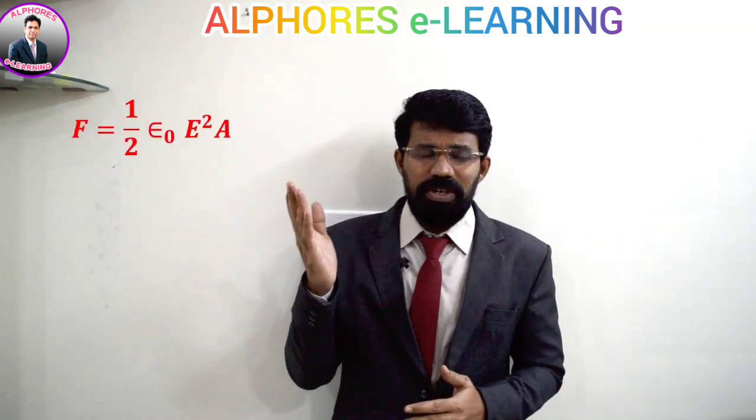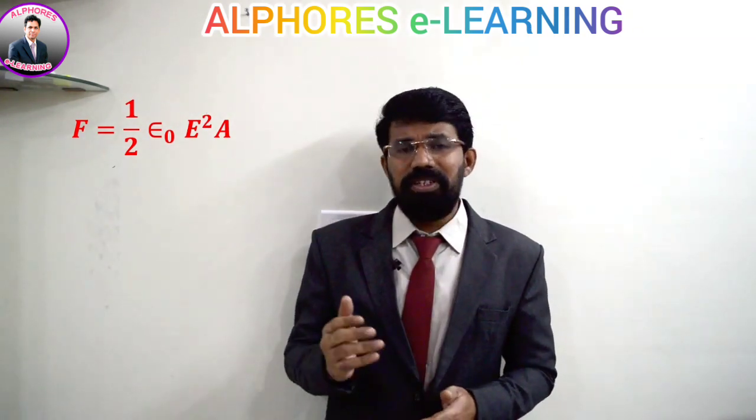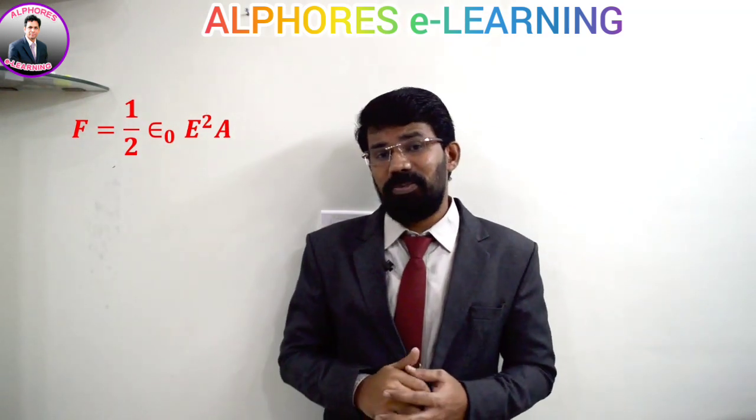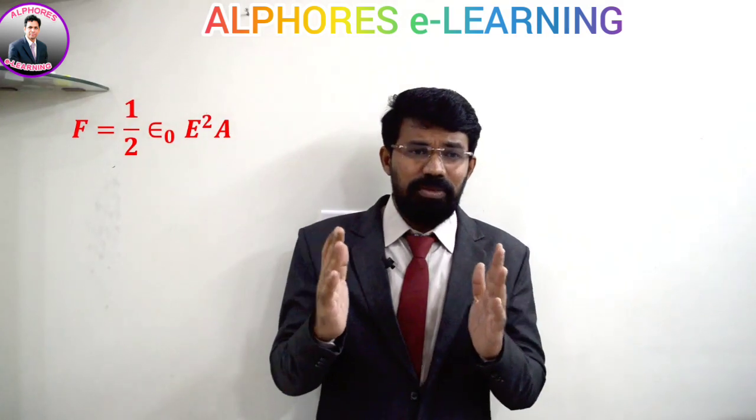We also talk about, in this chapter, the force between the capacitor plates. Listen to me, children. Questions were asked earlier in the NEET examination based on all these points. These equations are very important. I'm going to discuss a few questions based on these equations as well. So what is the force between two capacitor plates? It is expressed as F is equal to 1 by 2 epsilon naught E square A, where E is the electric field intensity between the plates and A is the plate area. This is the force of attraction between the plates.